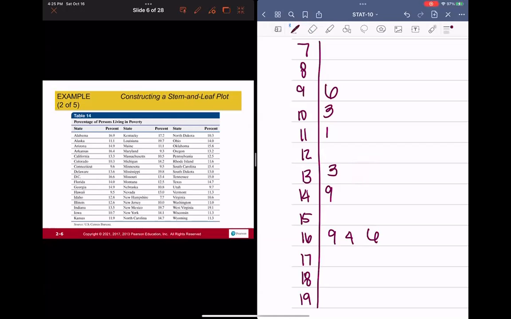Let's fix this one. 16 and 6, 14 and 0, 14 and 9, 9 and 5, 12 and 8, 12 and 6, 13 and 5, 10 and 7, 11 and 9, and going to the second column, 17 and 2, 19 and 7, 11 and 1, 9 and 3, 10 and 5, 14 and